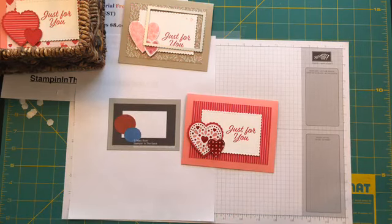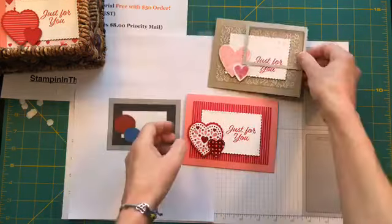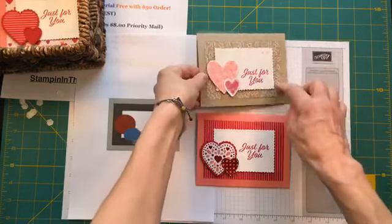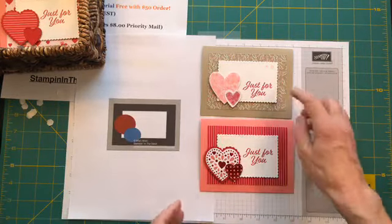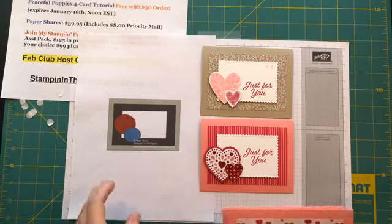All right, so that's the first card that I came up with. So as you can see, it's pretty similar to this card. It just uses product that's currently available as opposed to retired products. But if you have this paper in your collection, give it a go and see what you think of it. And you can create that card. I also created using the same sketch